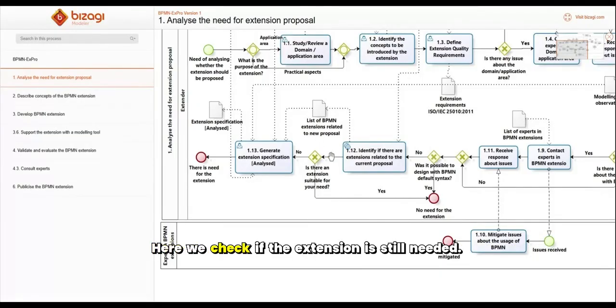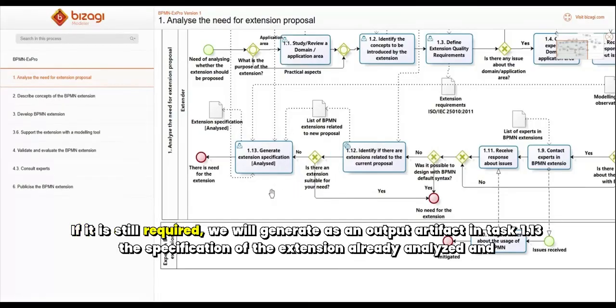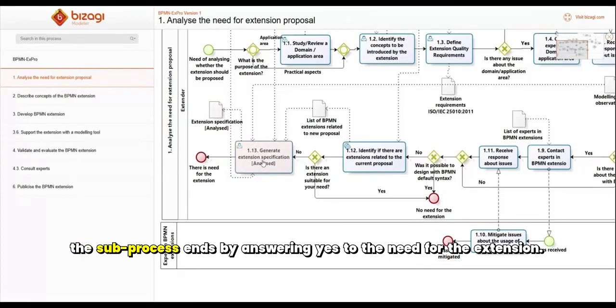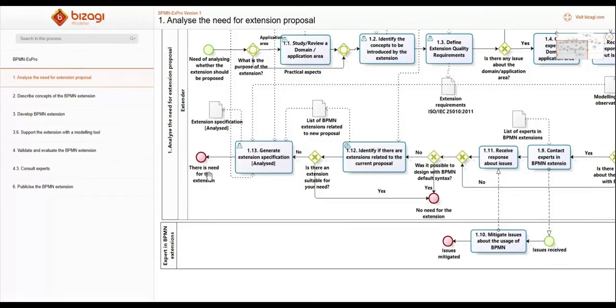Here we check if the extension is still needed. If it is still required, we will generate as an output artifact in task 1.13 the specification of the extension already analyzed, and the subprocess ends by answering yes to the need for the extension. Moving on to subprocess 2,